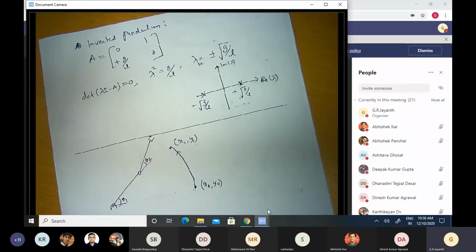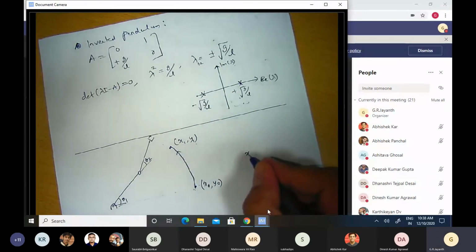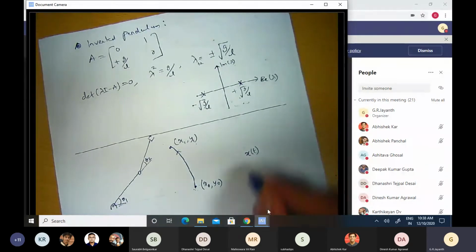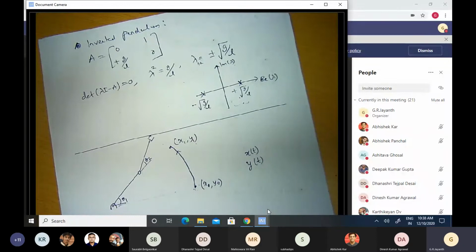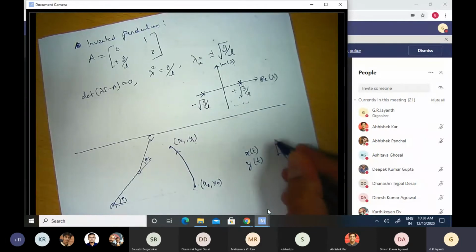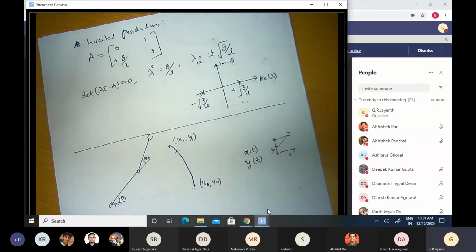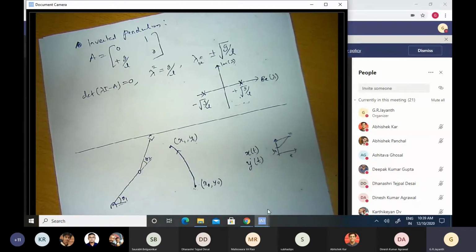And not only do I want it to follow a certain trajectory, but the x coordinate should change as a function of time in a certain manner. And the y coordinate should also change as a function of time in a certain manner while going from y0 to y1. Okay, so this is y0 and that is y1. So I want it to accelerate in the beginning maybe, move with constant velocity for some time, and then decelerate by the time it reaches y1 and come to rest there. And a similar waveform might be demanded of me along the x-axis as well.